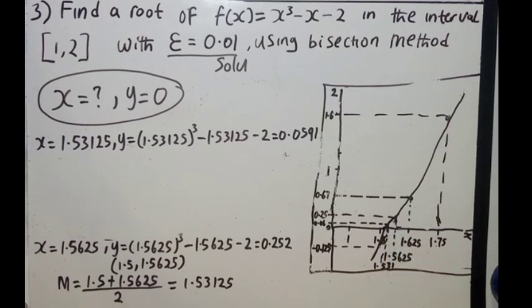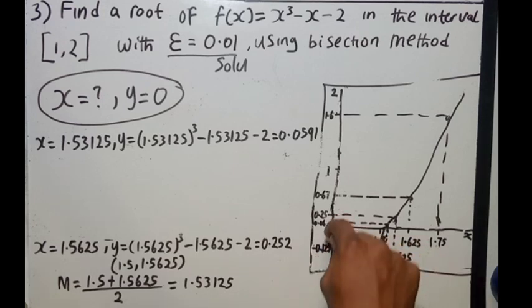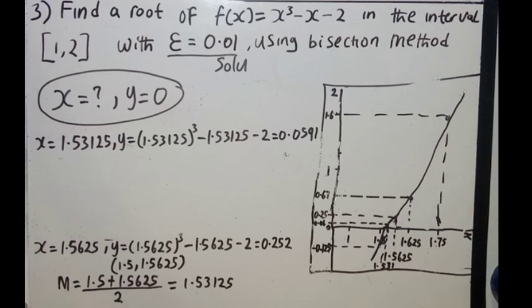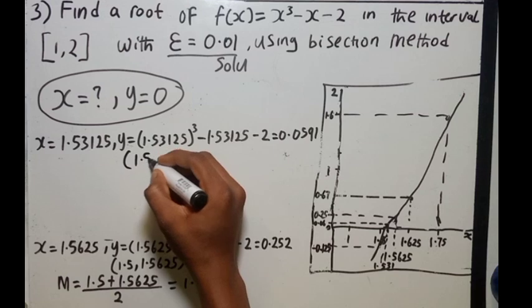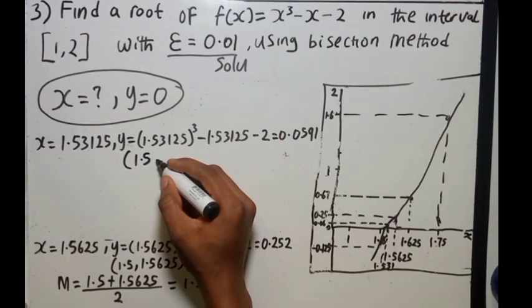Because we are meant to make sure that one of the interval values of y should be positive, and one of the interval values of y should be negative. So we keep having 1.5 here because 1.5 is still negative. If you get another negative answer that is close to 0, we will change 1.5. But so far we have been getting only positive answers, so what we have been changing is just the positive intervals. So now our new interval is going to be 1.5, which is the one with the negative part, and